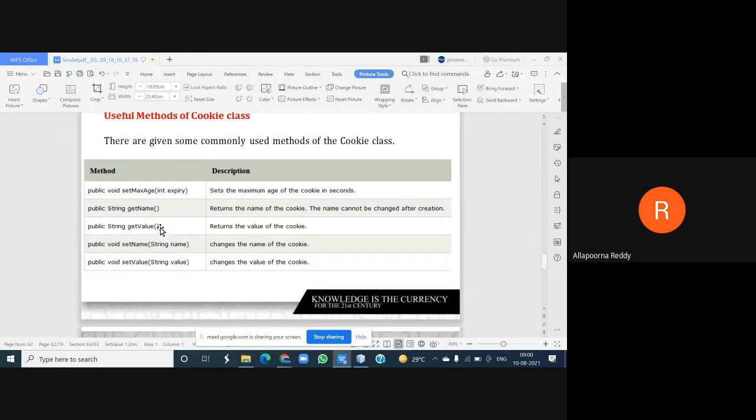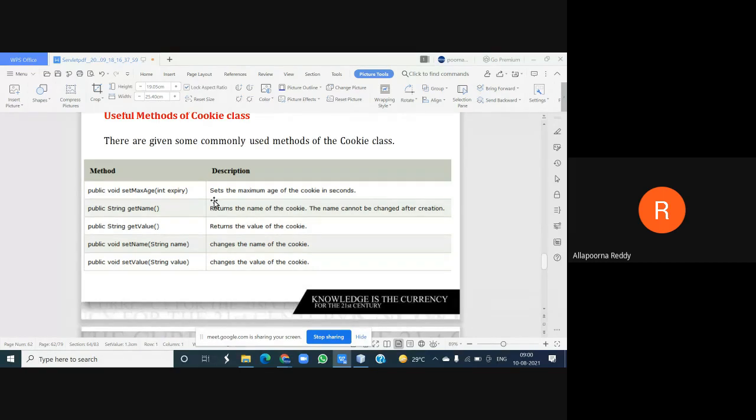Once the session is started, we can't make any changes to the name of your cookie. But if your session has not yet started and you want to modify your cookie, it is possible, but only before your session starts.